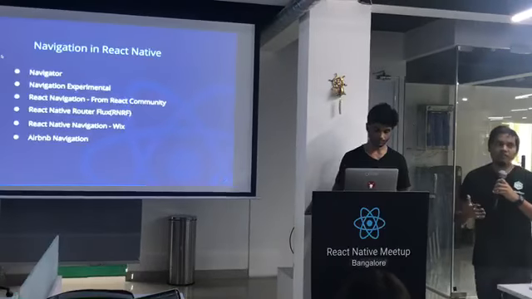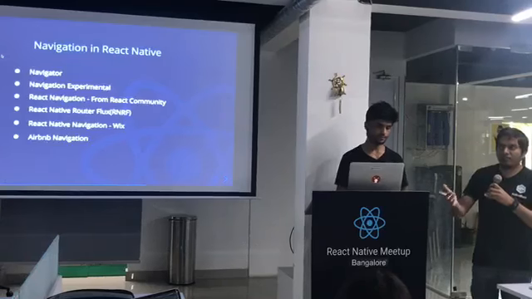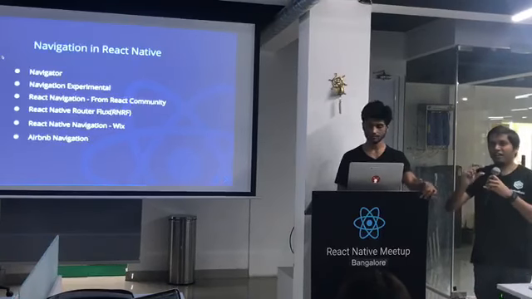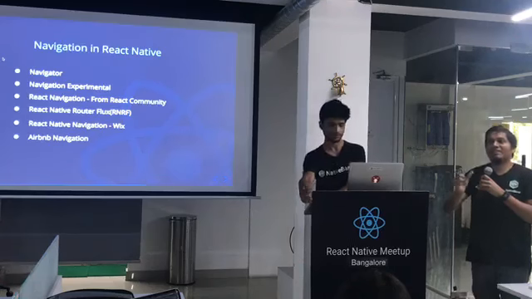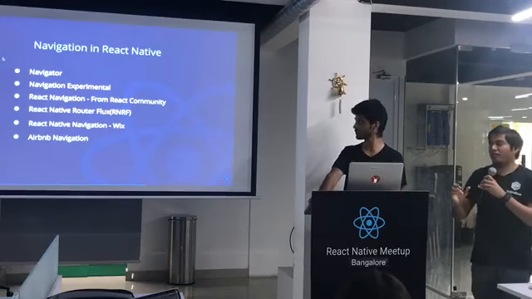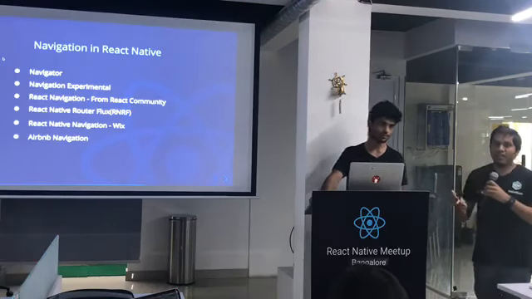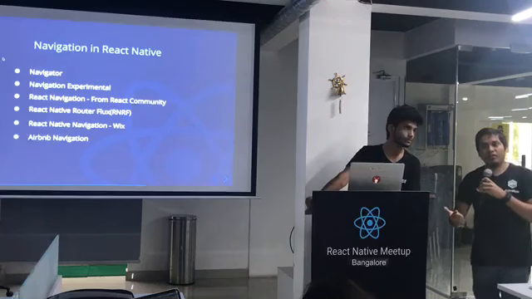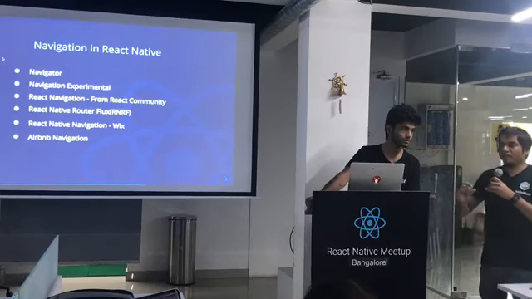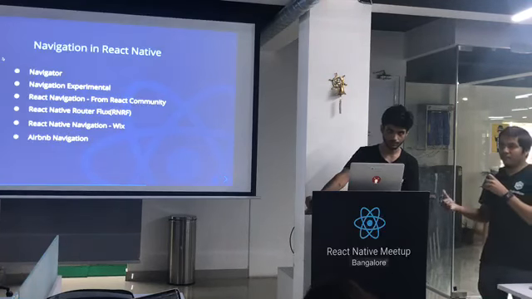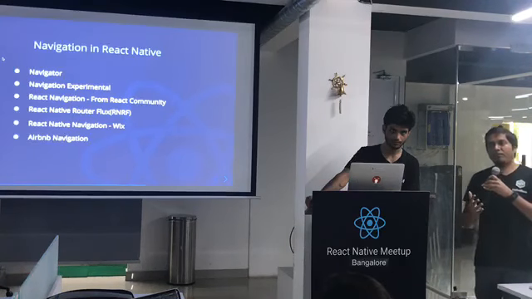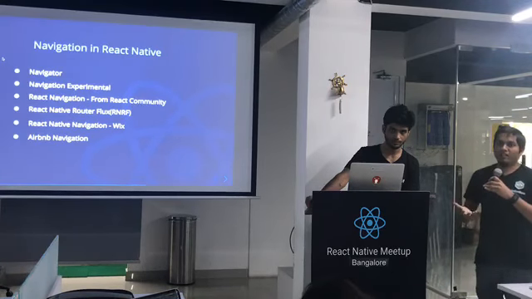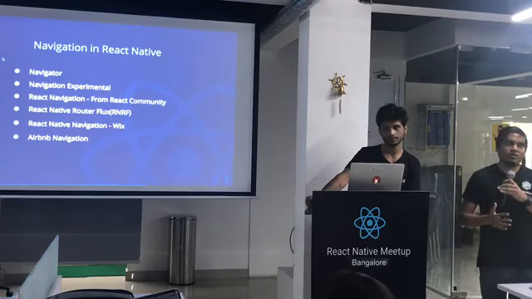If we have an iOS developer, they know that we have this header component which comes with the navigator, and you can pass the text and the back button and all those things. But with Android, we don't have that header as a part of the navigation screen. You have to include that header in every file separately. So to have a common API for different platforms is really tough, and Facebook took a lot of time.